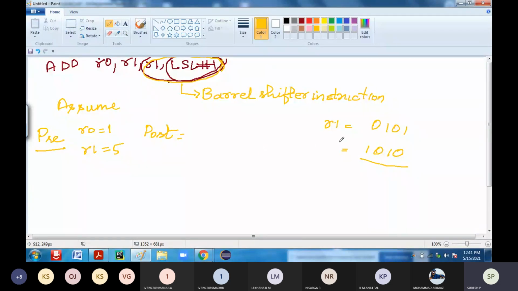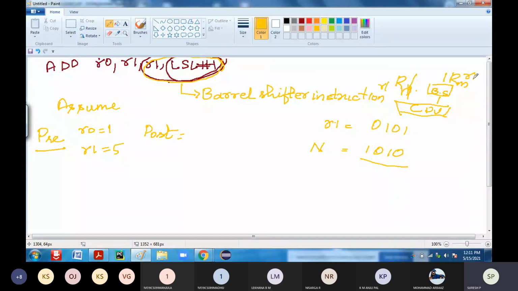Now you are going to add the contents of R1. This shifted value is your n now, coming through the barrel shifter. If you take this part as the barrel shifter and here the CPU, this is your Rm, and the register R1 is included here.